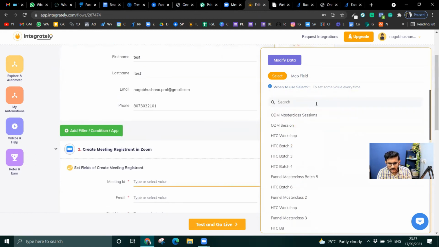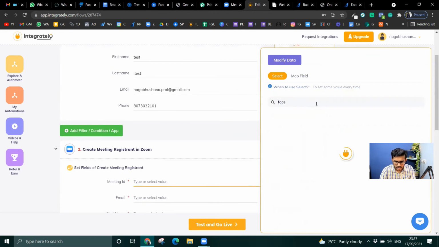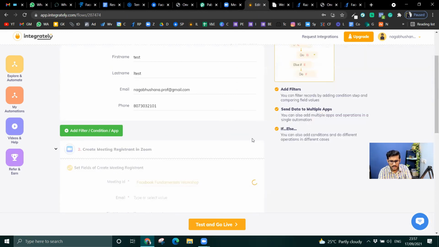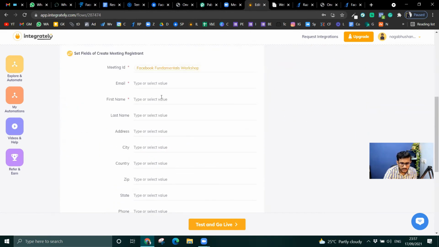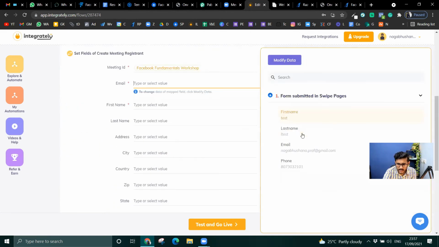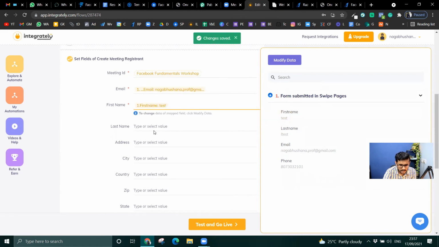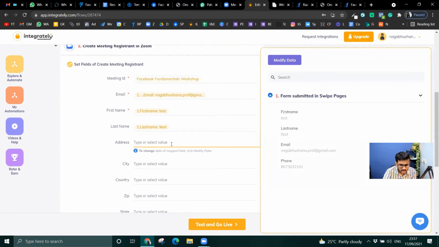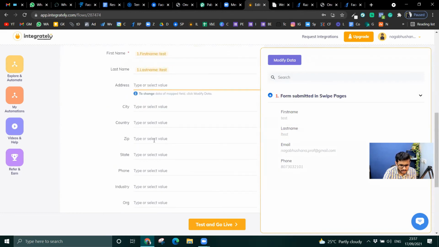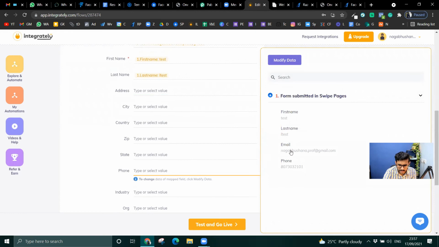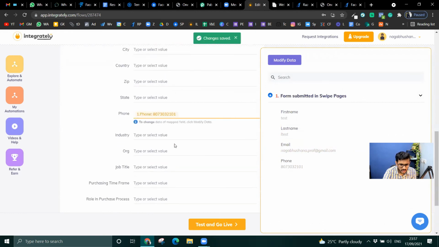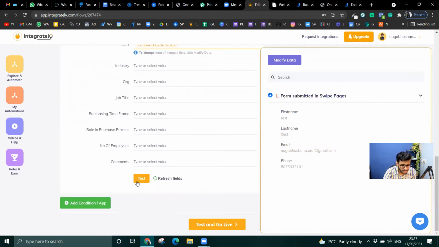Let me search for Facebook fundamentals workshop. So this is where I want people to register, and email would be their email. First name would be their first name. Last name would be their last name. Address, I don't know. State, phone would be their phone. Industry, I don't know. Test.